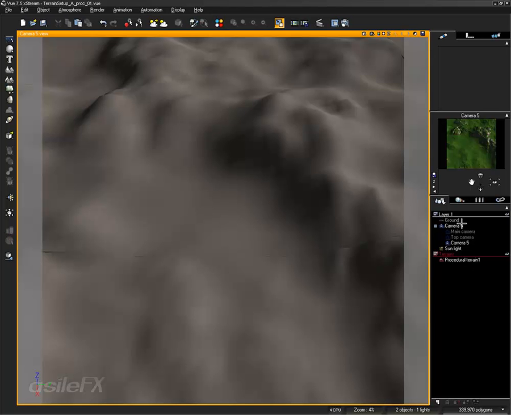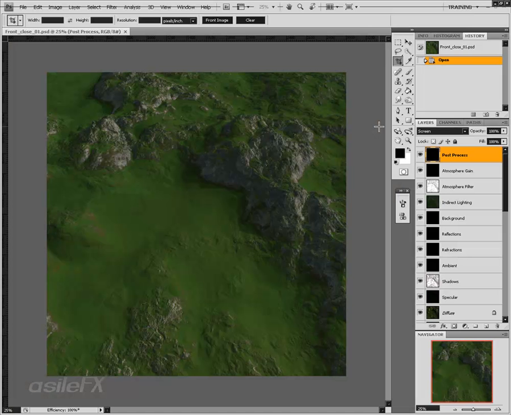So I have rendered out this scene already, at a pretty decent size resolution, not extremely large. Close to film, but not quite. So it's a 3K image. 4K would be ideal for a matte. Let's go ahead and just take a look at that render. So here is the 3K render output